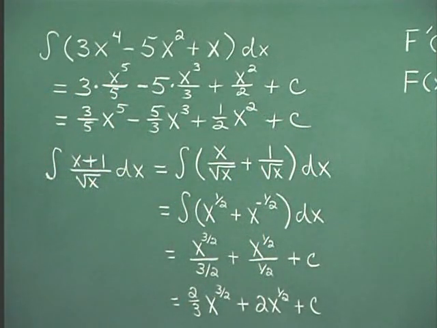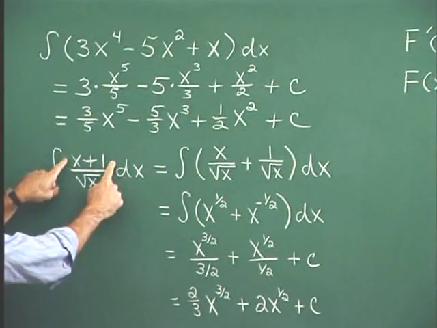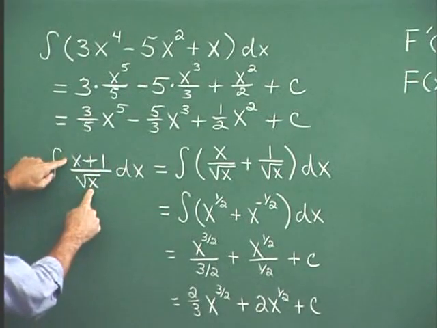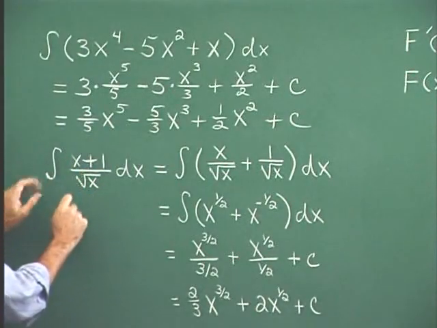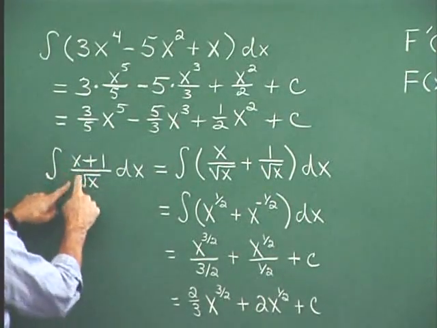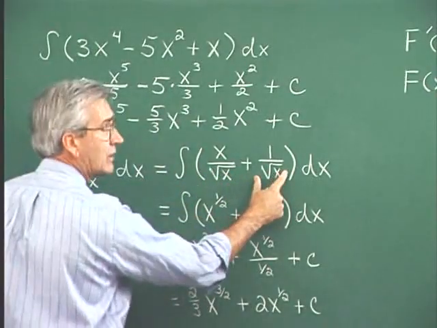Here's another one. This one really does require a rewrite, though. It's the integral of this fraction, and notice the numerator is a binomial, so we're going to divide this square root of x into both parts of the numerator. So we'll rewrite in that fashion. We'll think of this as x over the square root of x, and then 1 over the square root of x, as separate